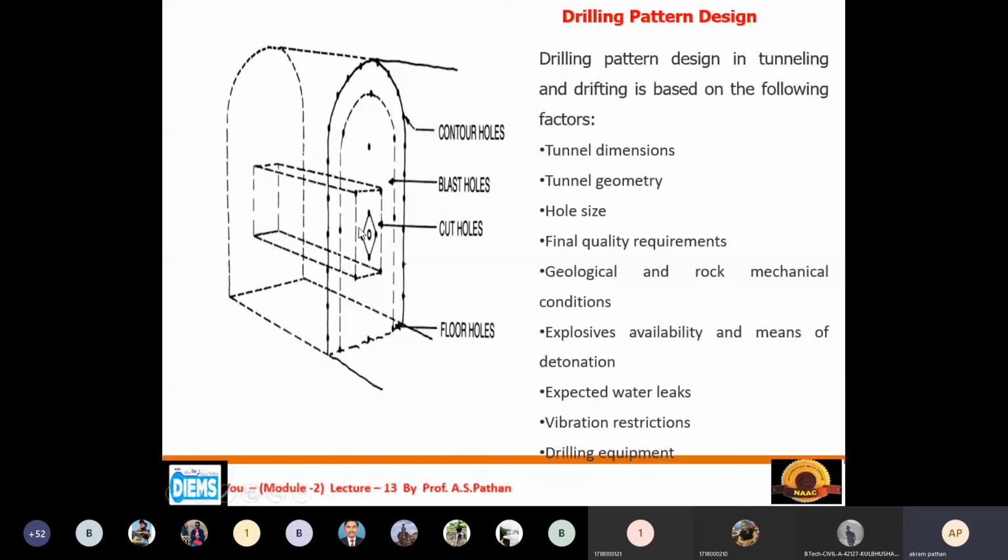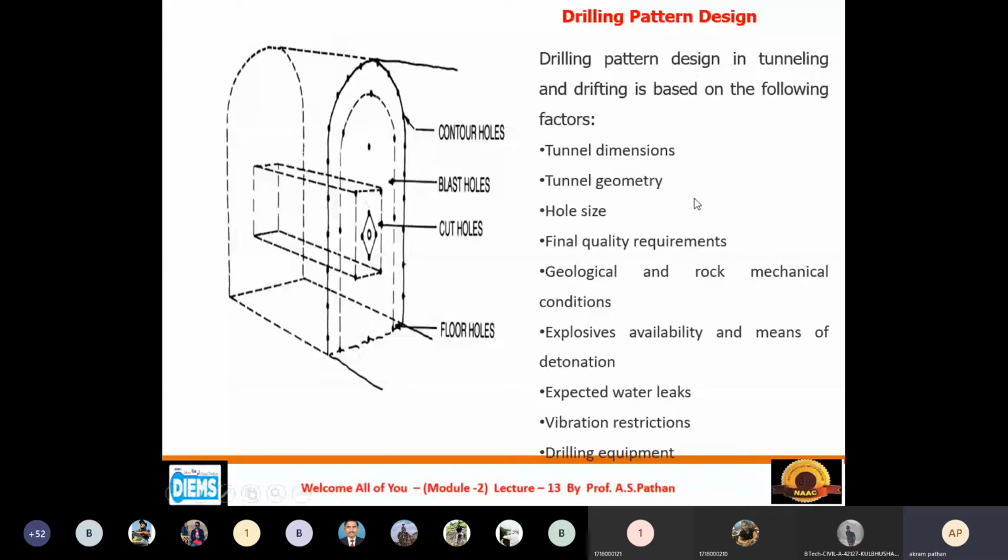Which type of tunnel are we going to construct: a tunnel for railway, or highways, or water supply, or drainage, or oil supply? Once you classify the tunnel according to its purpose, then we can design and fix the dimensions.